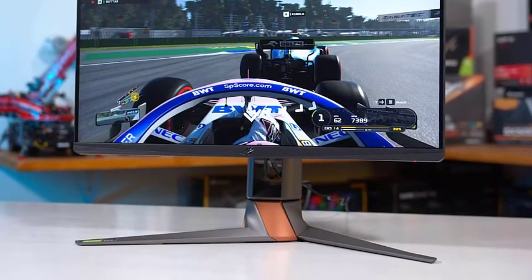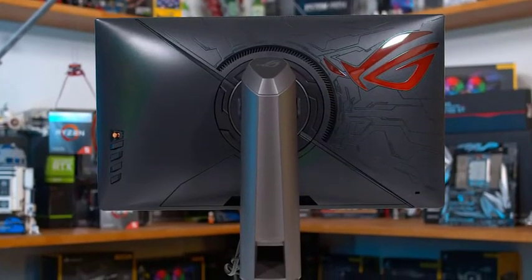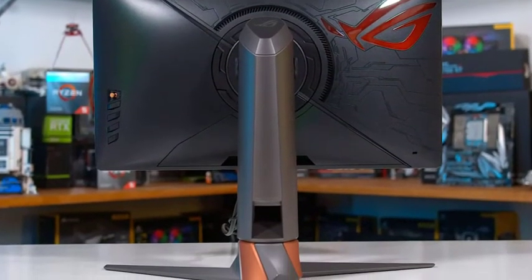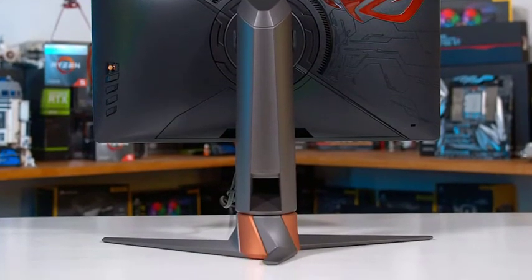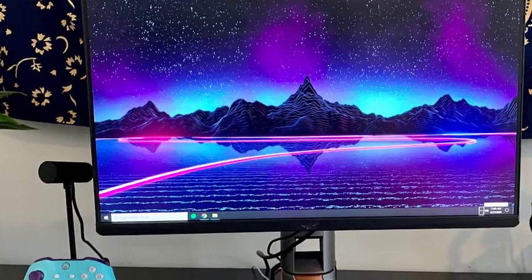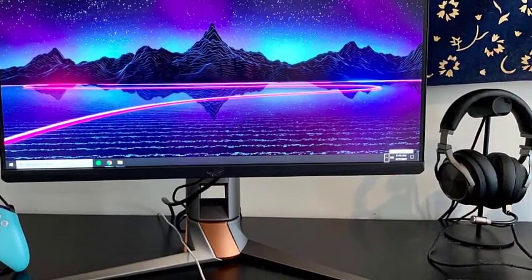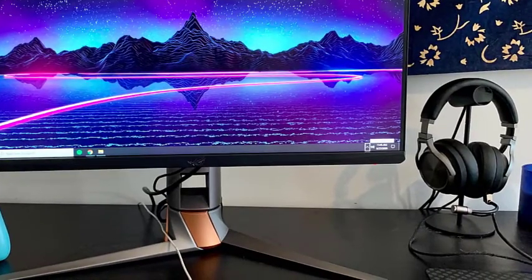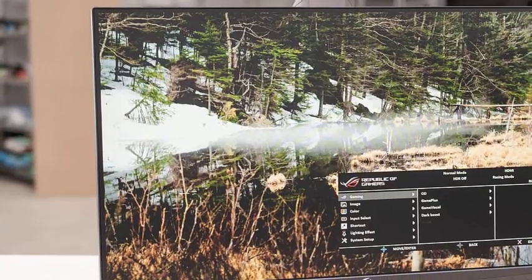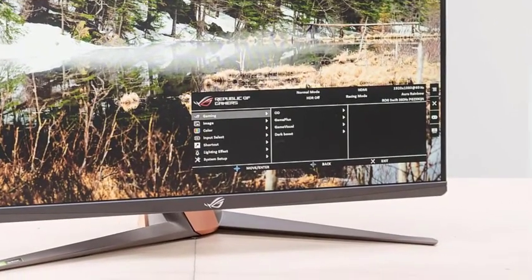For ports, the Swift 360Hz is equipped with one HDMI 2.0 port and one DisplayPort 1.4b slot, two USB 3.0 downstream ports, and one headphone jack for audio pass-through. The monitor gets a pass for having no speakers on the unit, since its main target is hardcore gamers, and anyone worth their ranked ladder placement is likely already using a gaming headset to hear enemy footsteps coming from a mile away. The VA-based Optix